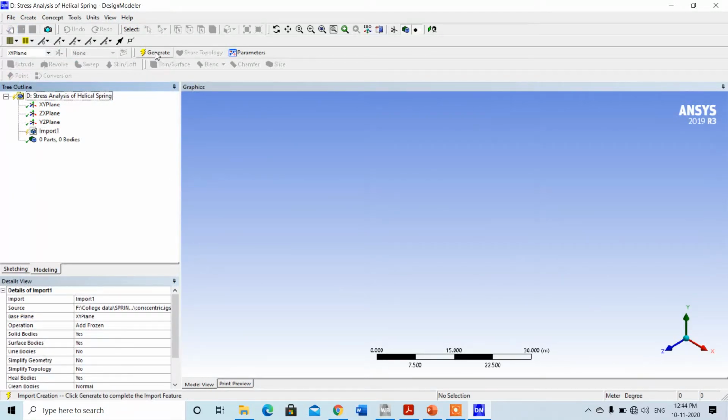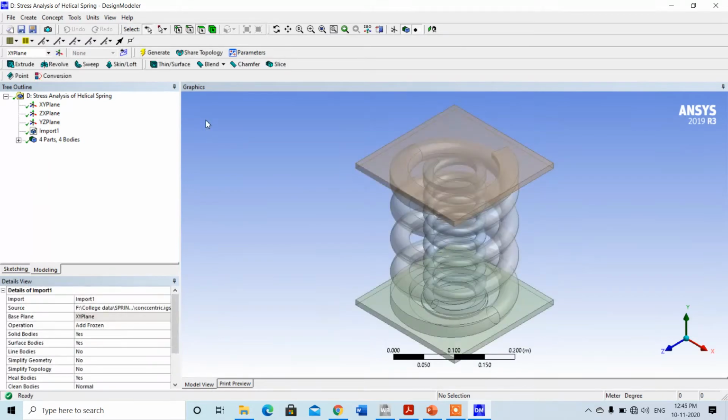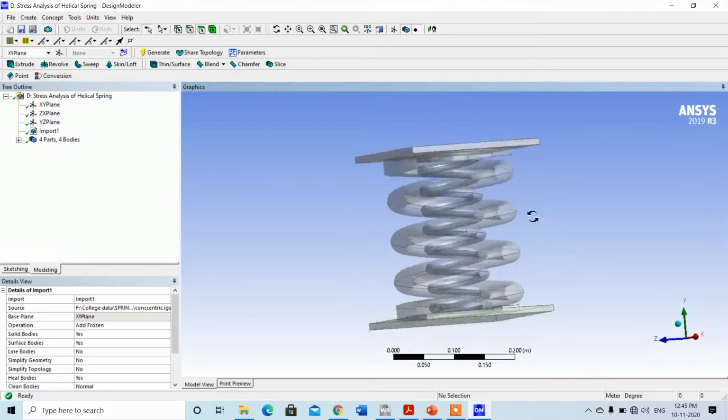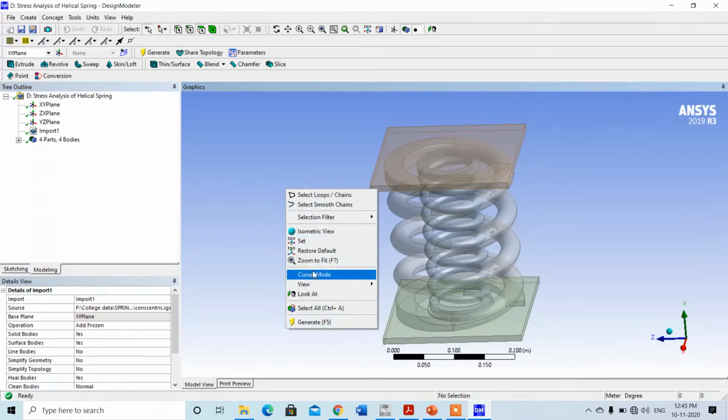Simply click on generate, and you can check that a concentric helical spring, that is, a compound helical spring, will be there. For the deformation of the spring, plates at the bottom and upper surface are provided, because if you do not provide the plates, the deformation will be in the lateral direction. We want an axial deformation of the helical spring.